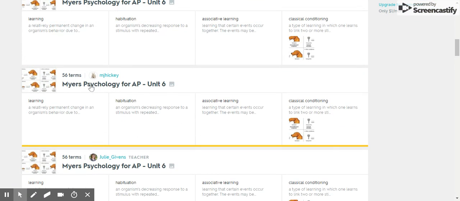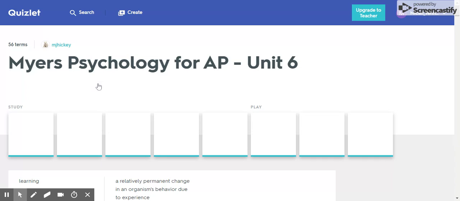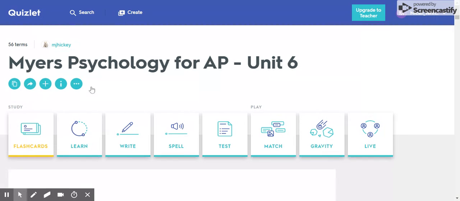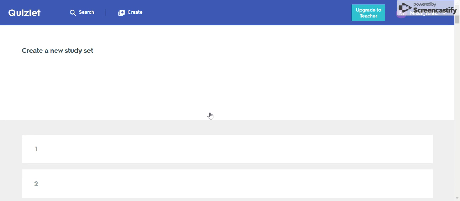And then I could see maybe some other people have created a set of terms for a particular unit from a particular textbook or something like that. So I could click on this. I could share this link with my students, or if I wanted to make it my own, I could customize it